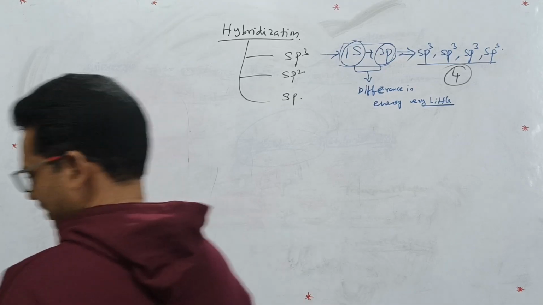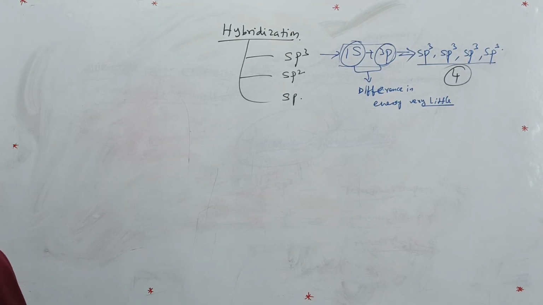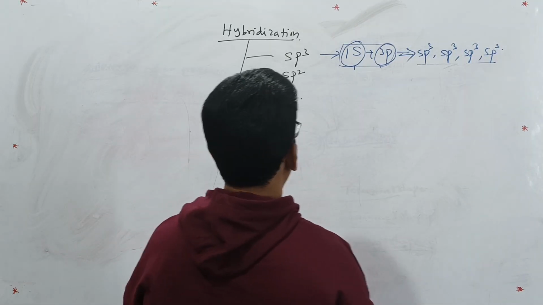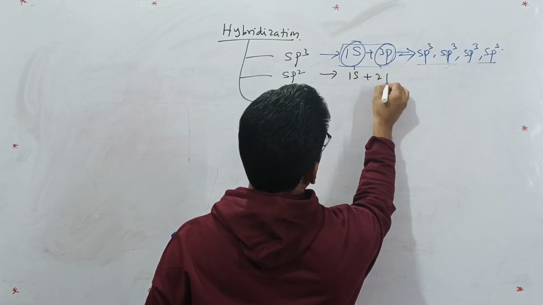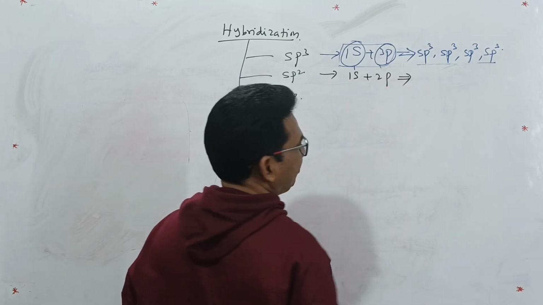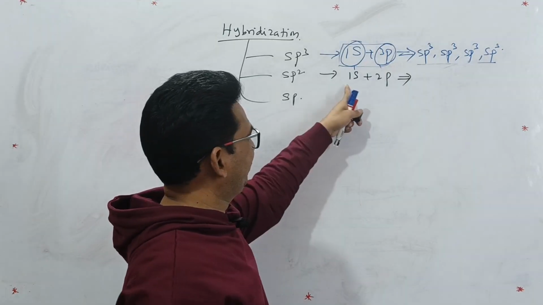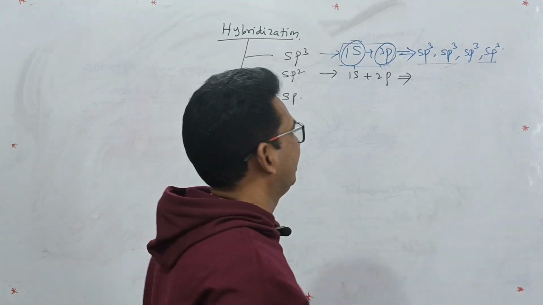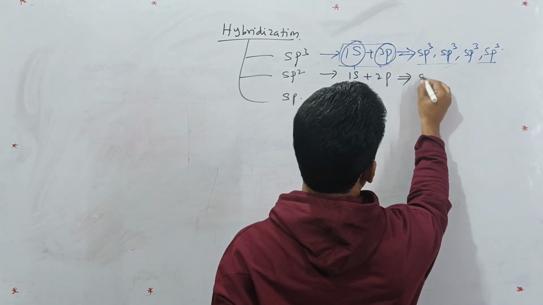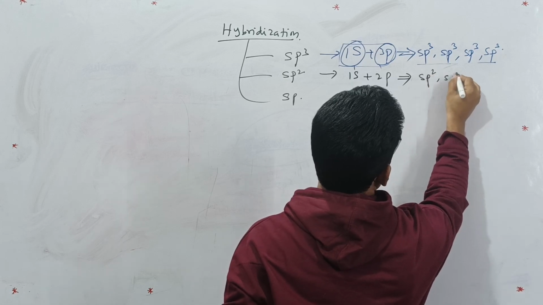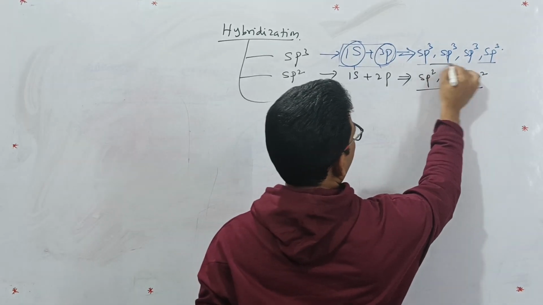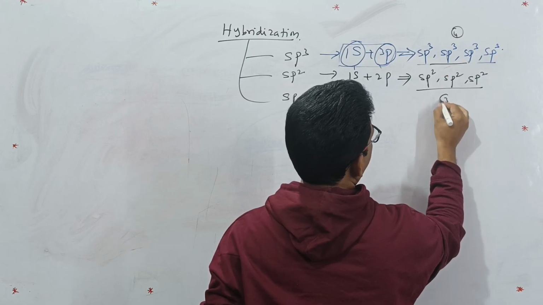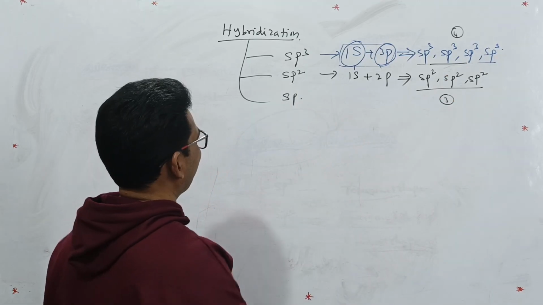sp2 is also similar. sp2 means what? 1s, 2p. Then how many equivalent orbitals are going to be produced? 1 plus 2 means 3. 3 new equivalent orbitals: sp2, sp2, sp2. Here 4, here 3. Now in the case of sp,